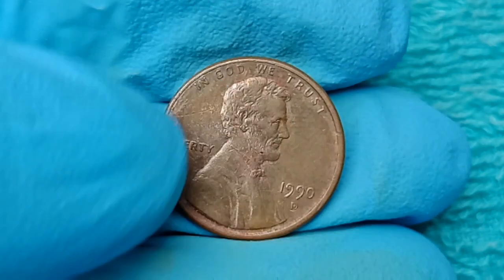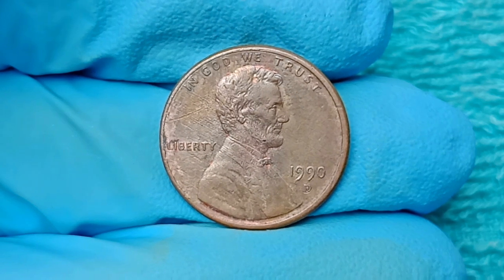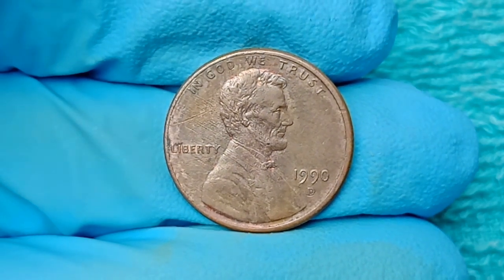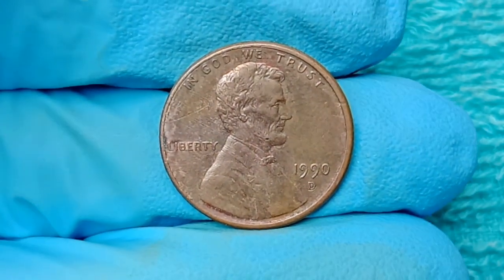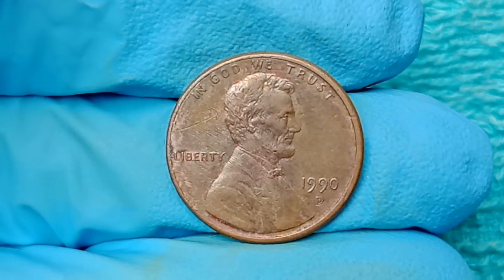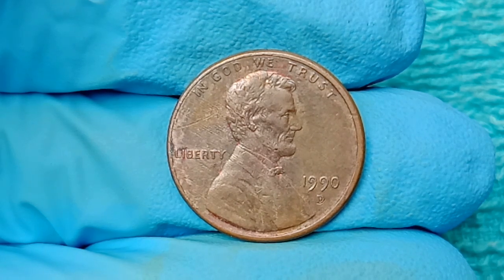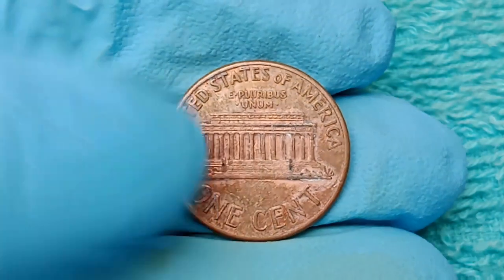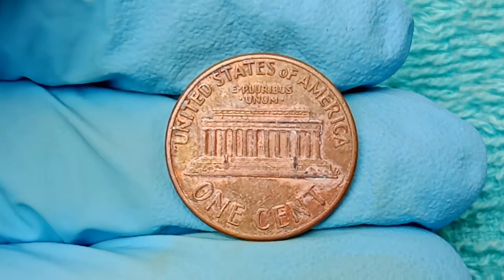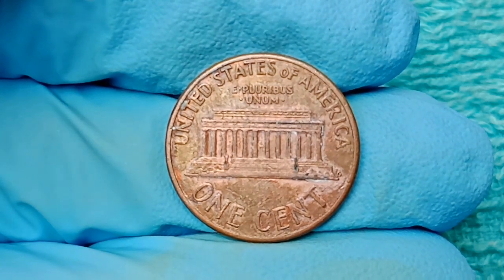What really amplifies its mystique is that 1990 was a year of heightened scrutiny and change at the U.S. Mint, as it prepared for the introduction of advanced die-making techniques and experimented with new alloys and finishes that may have unintentionally created a few batches of coins with slightly altered compositions, some of which exhibit unusual luster, color tones, or surface textures not consistent with the standard 95% zinc and 5% copper plating formula introduced in 1982,